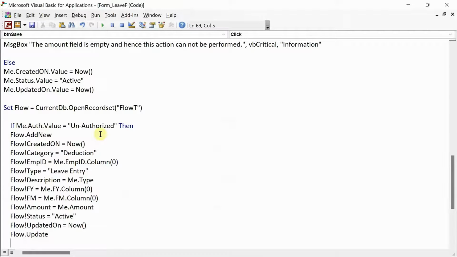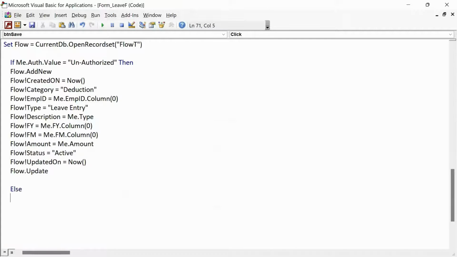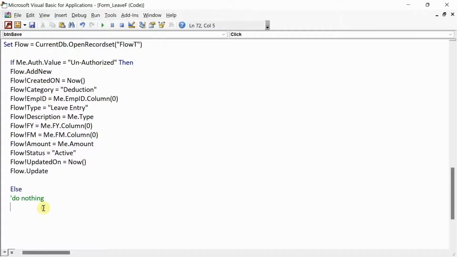Now if we put an if condition, we can use the else condition, right? So else do nothing, right? You do all of this only if the authorization type is unauthorized. If the leave is authorized, then do nothing. We don't want to add it in the flow table. We don't want to run it at the end of the month because it was authorized leave, but we do want to add the record if the employee has taken unauthorized leave. Okay,